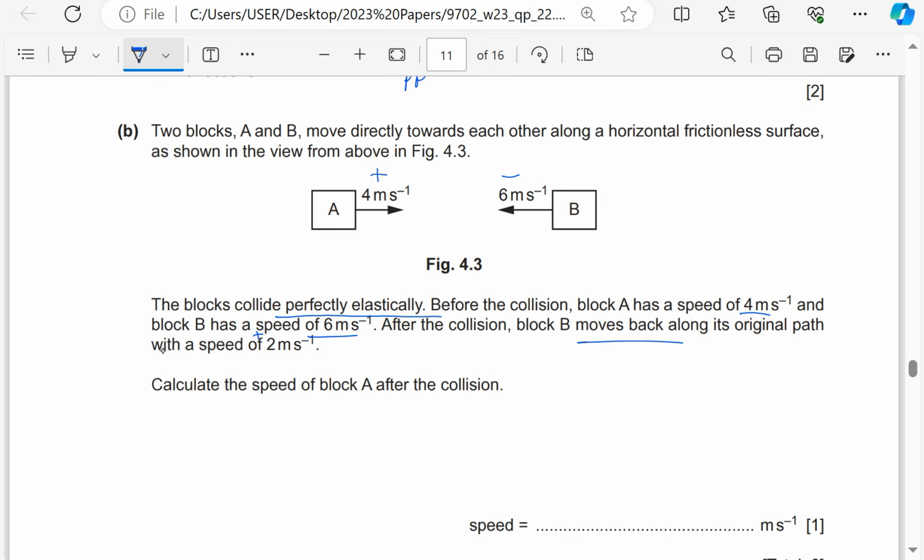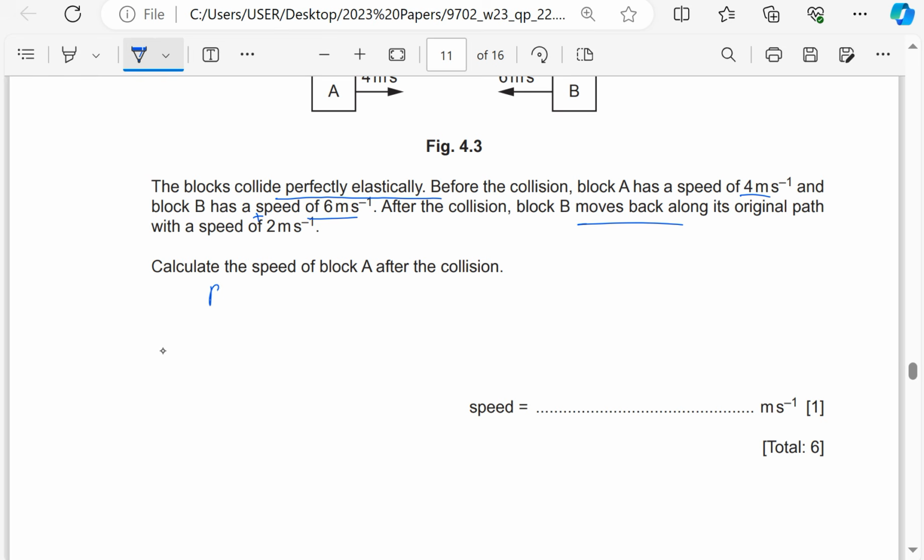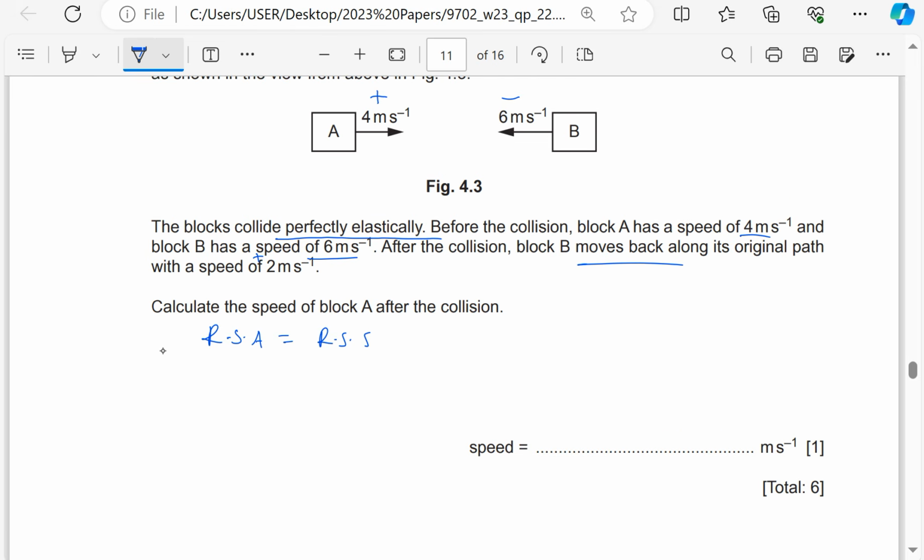Velocities to the left hand side are negative. Okay, so by using the simple fact that the relative speed of approach is equal to the relative speed of separation, speed of approach, to the right it is positive 4, minus, the word relative means you subtract the speeds, minus, but it is to the left, so it is minus negative 6, should be equal to,